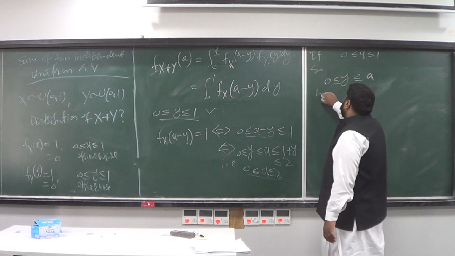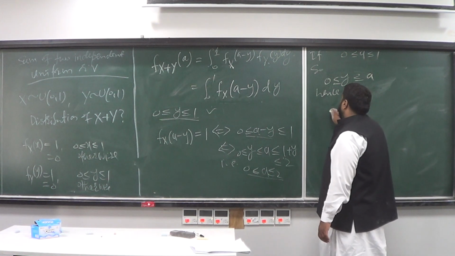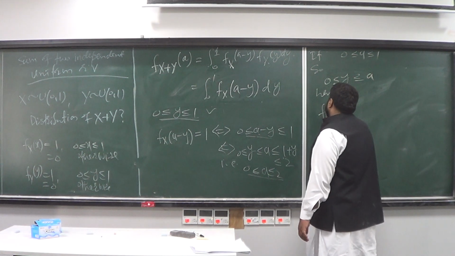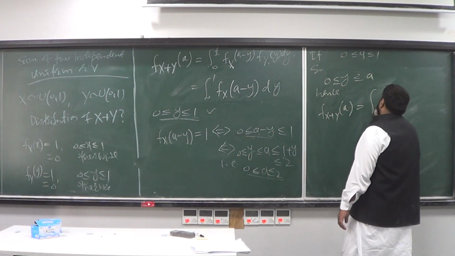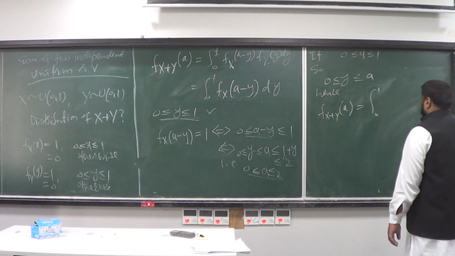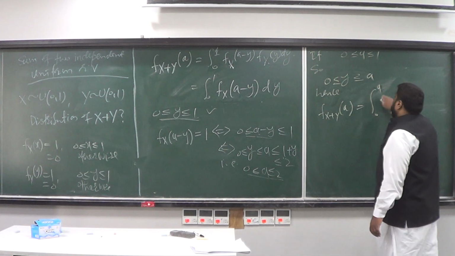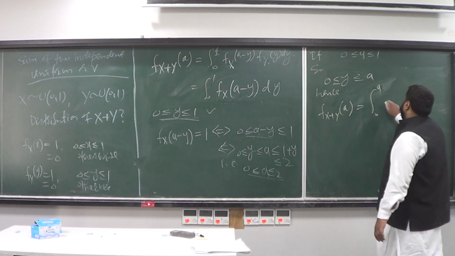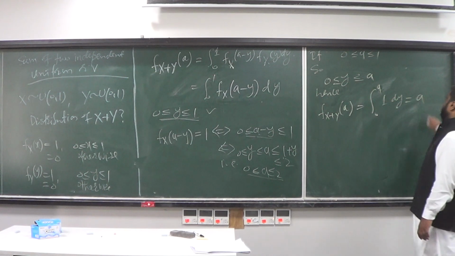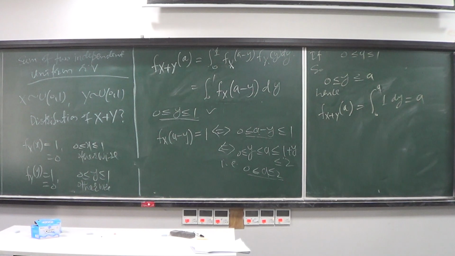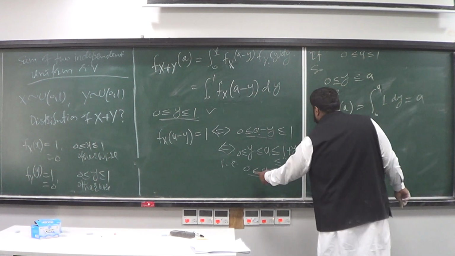And hence, if this is true, then this integral of f_X(a minus y) becomes an integral from 0 to a, where f_X(a minus y) becomes 1, dy, and hence the integral becomes a. So that's the first case. So in this interval,